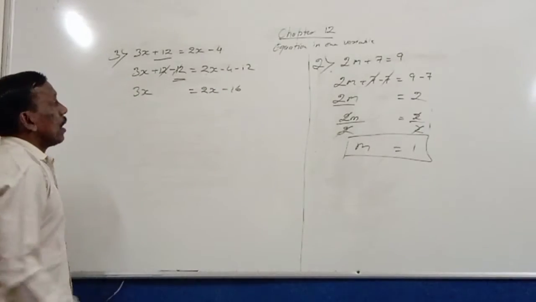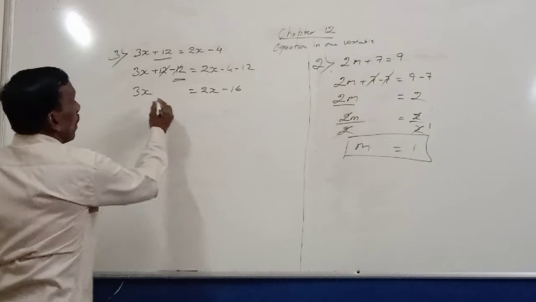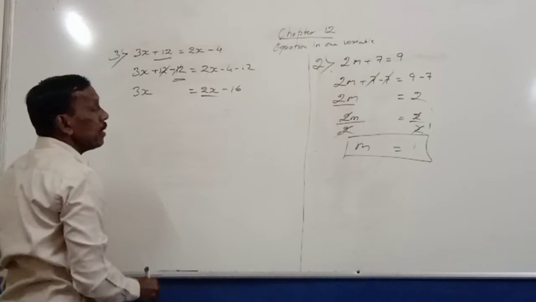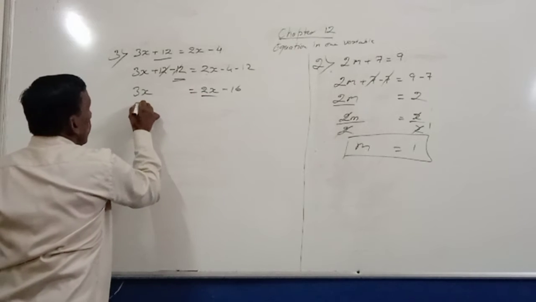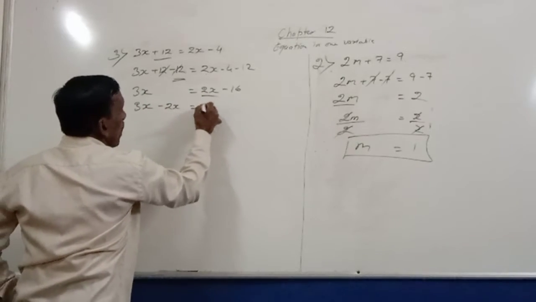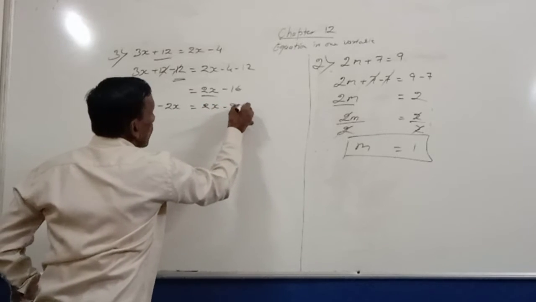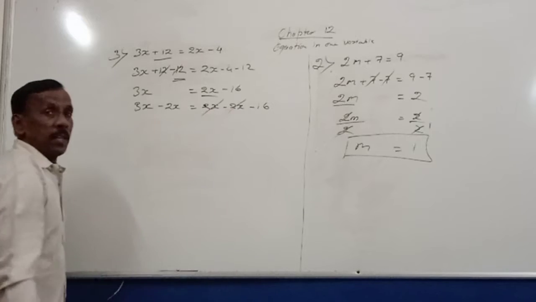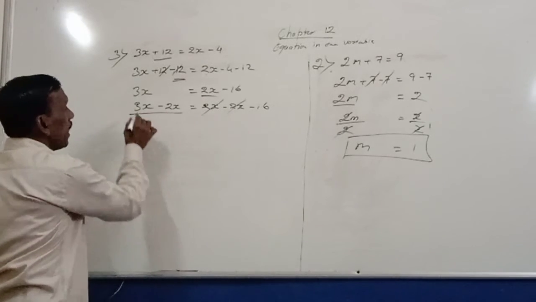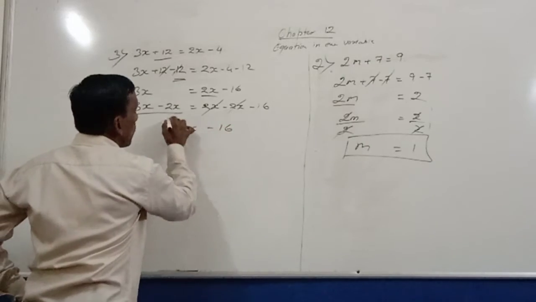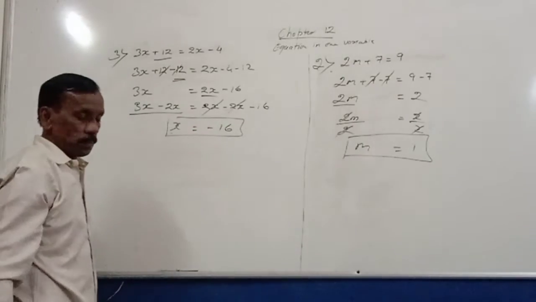Okay. So what do you do here? Now this first you have to do here. If I have to remove this here, what I have to do here? It is plus, so 3x it is plus. What I have to do here? Minus. Same here also, 2x minus 16. When this 2x is cut, now 3x minus 2x is equal to, it becomes here x. x is equal to minus 16. This is our answer.